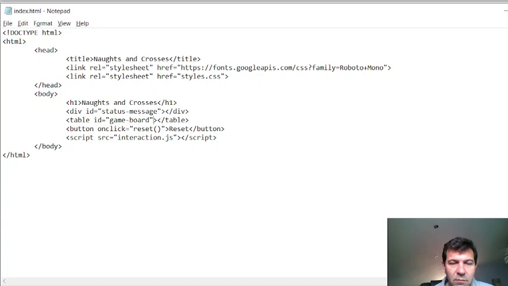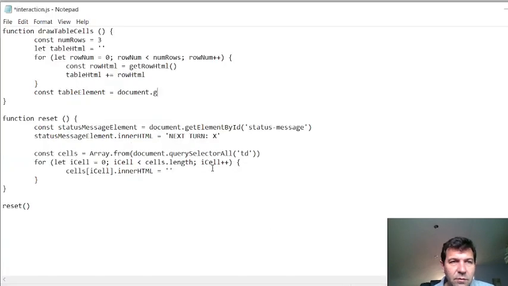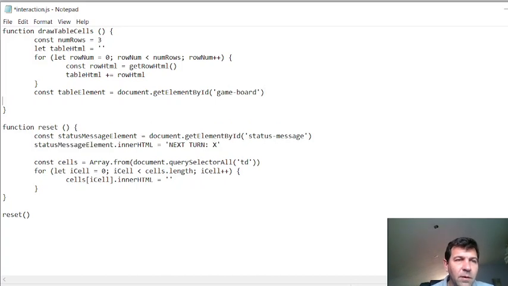We'll save that. We'll go back to our JavaScript. Now we can get element by ID. Game board is the ID we've given it. Now we've got the table element, and now we can set its inner HTML, which is the table HTML. Great. So I can save this,